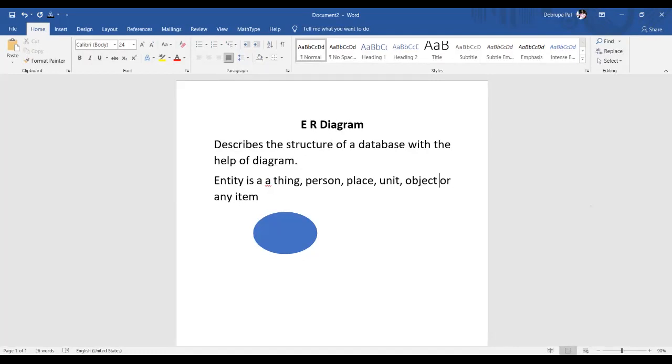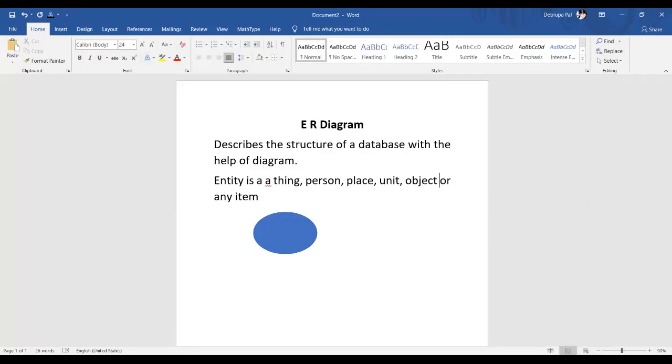Whenever you entered this college, you first visited the admission cell. At that time you were just an outsider, but as soon as you paid the fees, you became the student. So student is considered an entity,